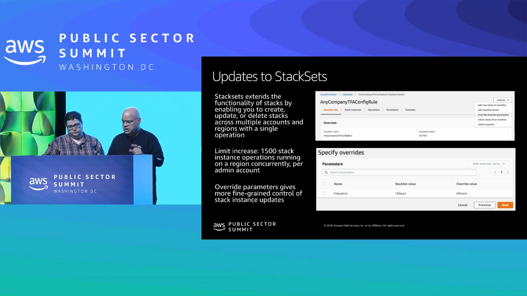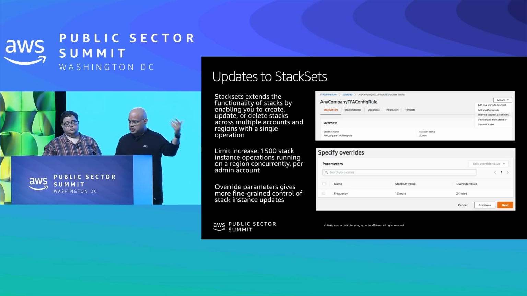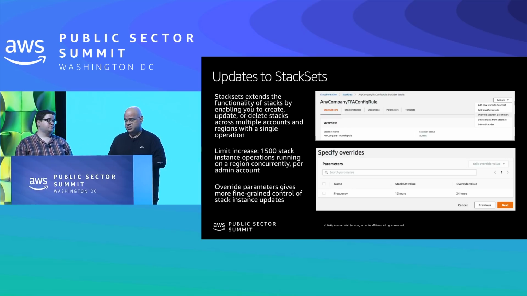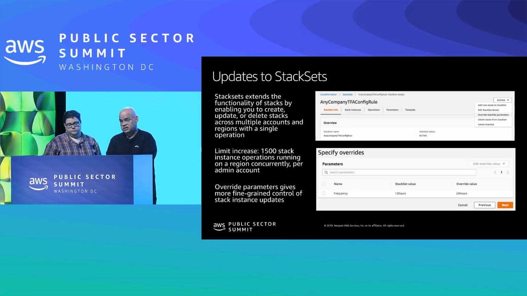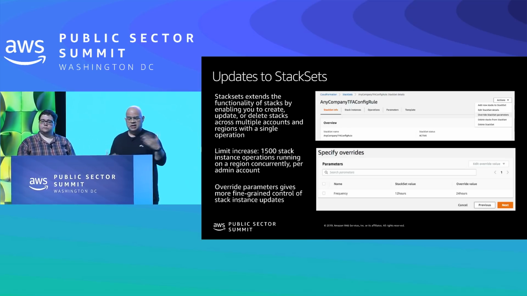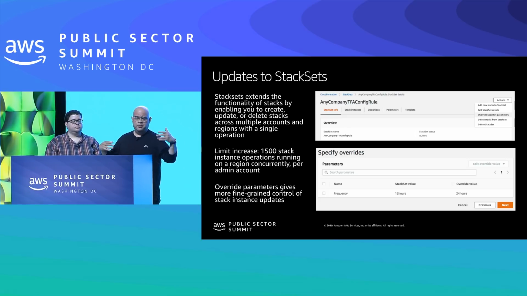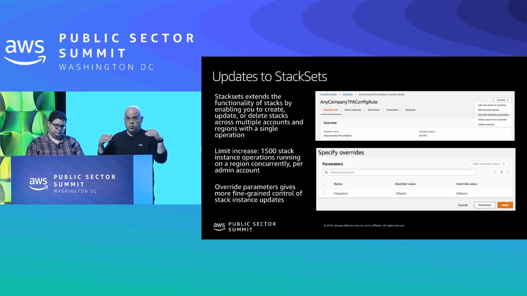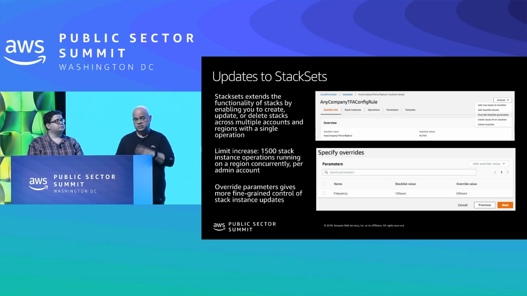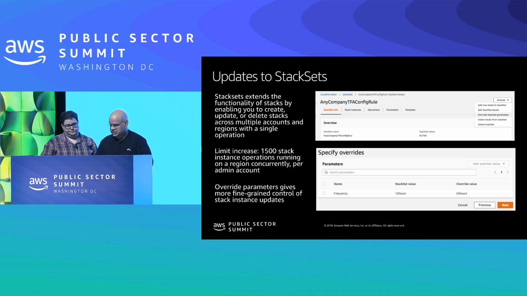Some of the things that you'll notice in terms of improvements that we've already done is we've done some limit increases to allow for 1,500 stack instances. You'll see those limits also continue to be expanded. We're also working on things like performance of those operations. One that I wanted to highlight today is this idea of overriding parameters, especially when you're making a lot of duplication. If, for example, you are putting something in 2 different regions, and it makes sense in one region to use a different timeout or a different instance type, we still allow you to have the homogeneous part of the stack sets, but create custom overrides for some of the parameters as those stacks are deployed.